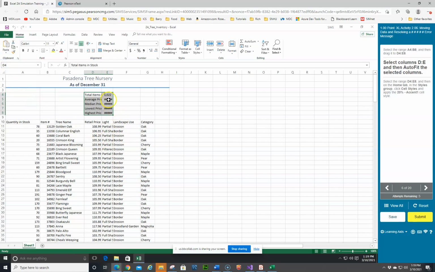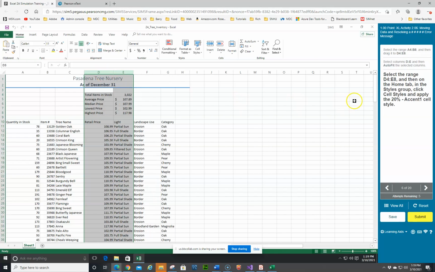And notice that these number signs are here. It's because the column width is too short. So select columns D and E, and we're going to auto fit. So I can do them both at the same time by getting the crosshairs here and then double clicking. Select the range D4 to E8,